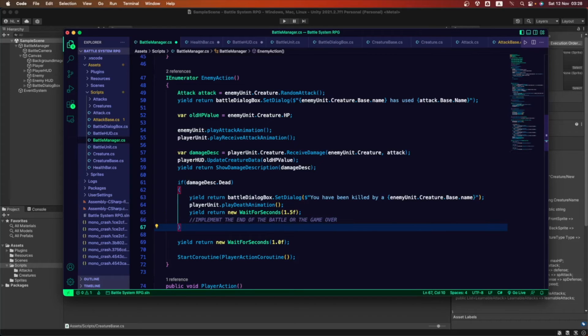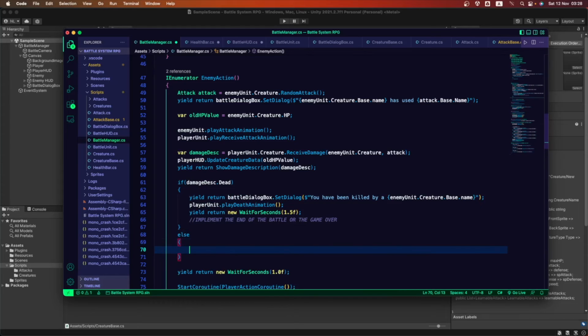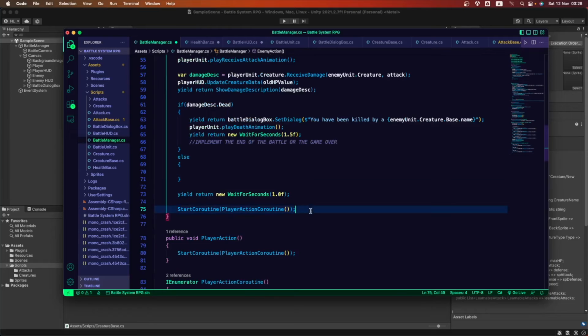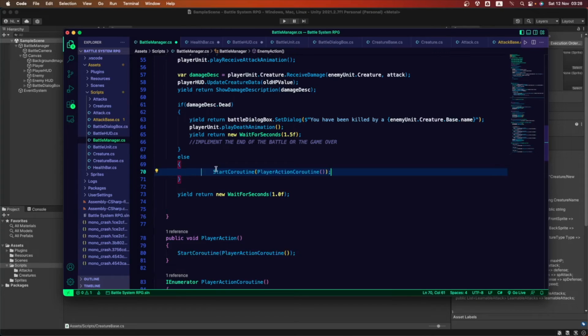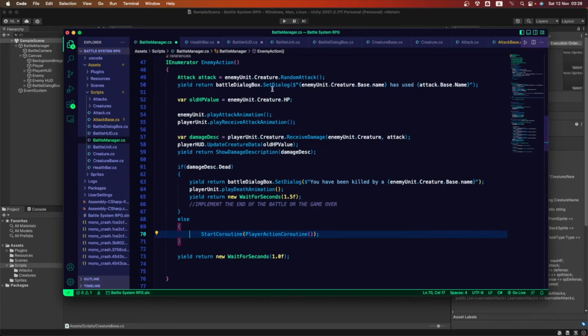Okay, so else, if we aren't dead, what should happen? Obviously, we wanna copy, cut, and paste. We wanna see the player action coroutine happen again. We wanna have the option of attacking the enemy again if we aren't dead.